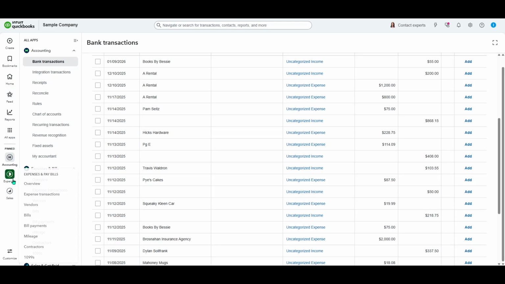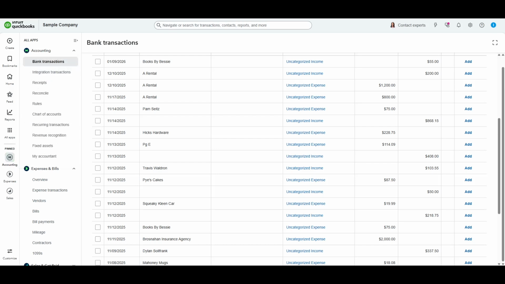In today's video, I'm going to teach you how to record a loan in QuickBooks Online. When you receive money from a lender, it's not income, you're going to pay it back. So we want to record it as a liability. We'll start by getting the deposit of the loan into your books, then make sure it's categorized correctly so your